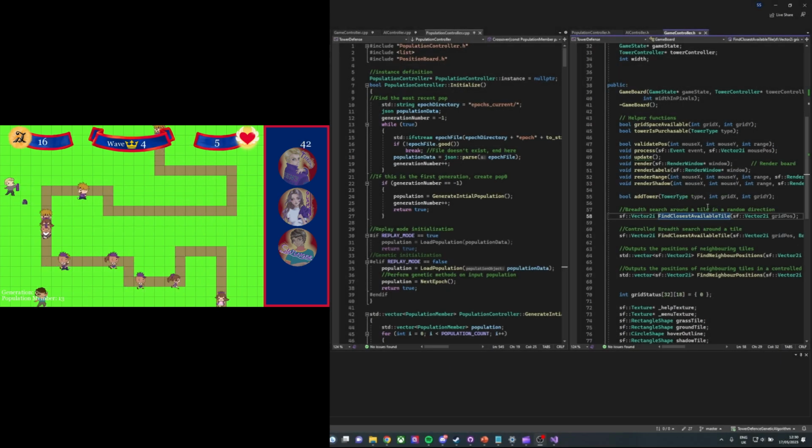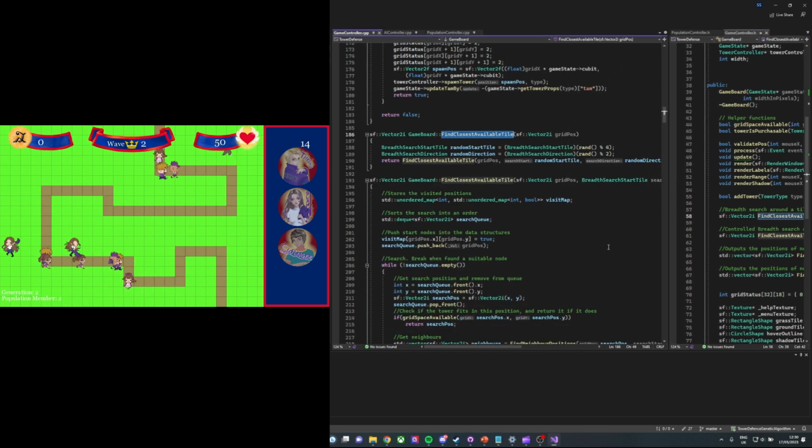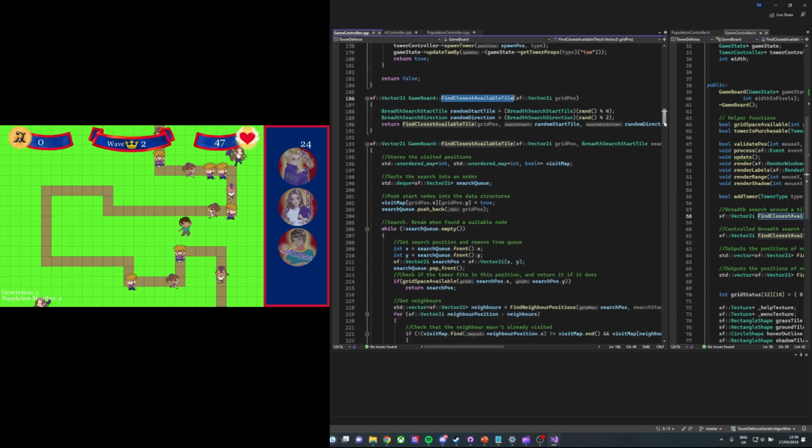Hi, in this video I'll be presenting an implementation of the genetic algorithm used to solve a game of tower defense. So first I needed to implement random tower placement to generate the initial population. Before I could create random tower placement, I wanted to ensure that the randomly generated position is valid, as in